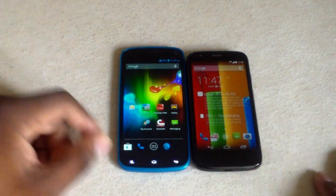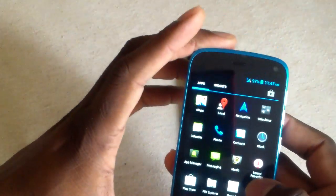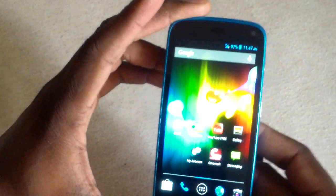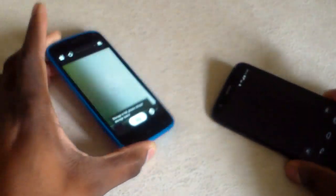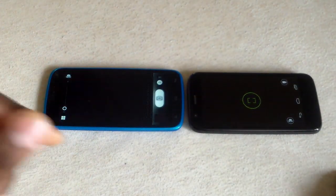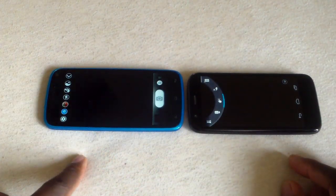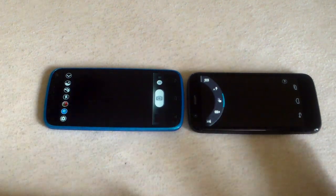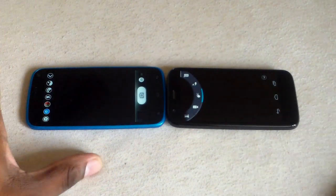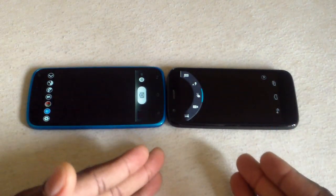Alright, so let's get out of there and let's go into camera settings. Because I want to get through this video, the camera, where's my camera? There it is. The camera on both of these, now I'm not going to take videos and shoot pictures, but I can tell you the settings for the Moto G. This is a much more advanced camera than the one on the Life Play, and I think that's because of the company itself. This is a Google product, and BLU is a new company coming up, and I support BLU. I love BLU products, but not to dive too deep into these two phones,